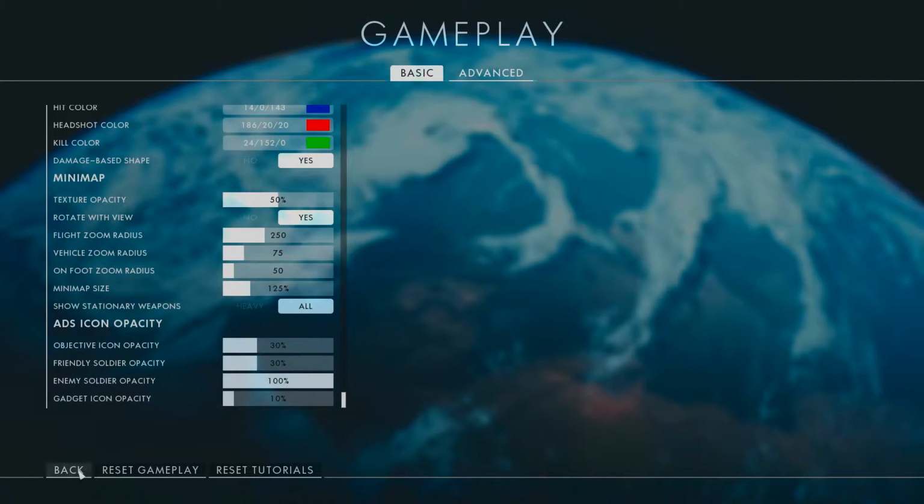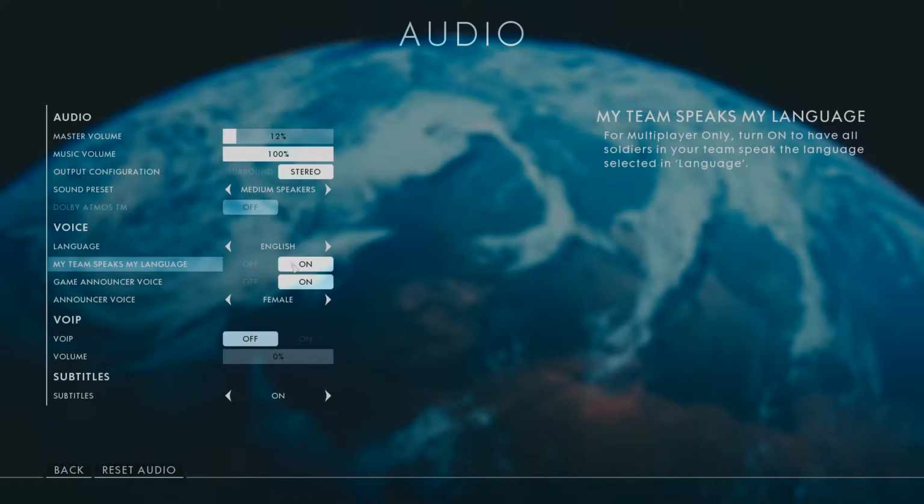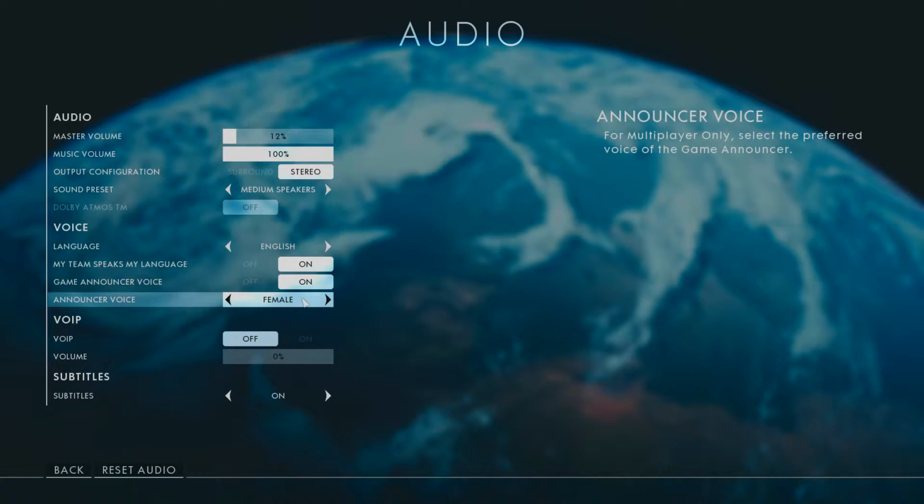Then when going to the audio tab, I would recommend changing it so that my team speaks my language is on, so that when someone is asking for ammo or is asking for a medic, you can tell what their character is actually asking for. Then another important setting is the announcer voice. I personally have mine set to female so that I can hear the higher pitch over the lower rumbles